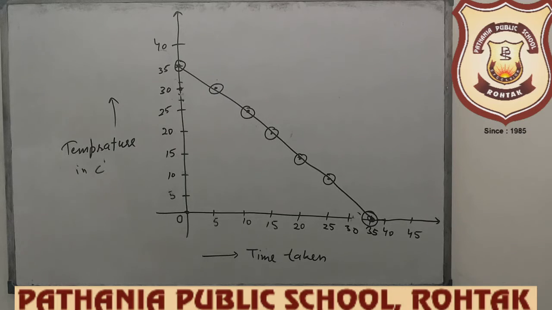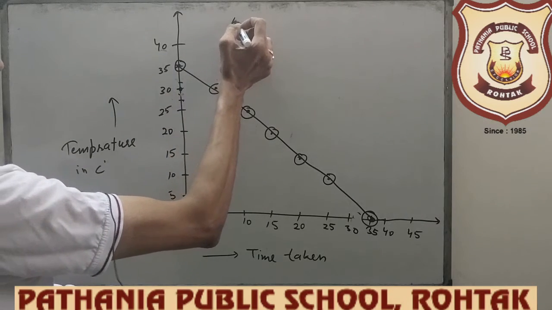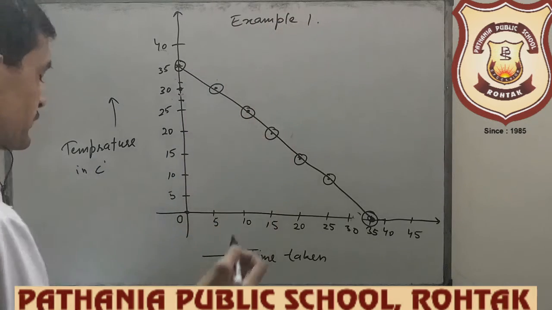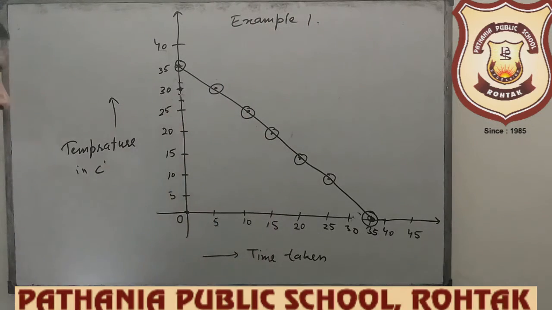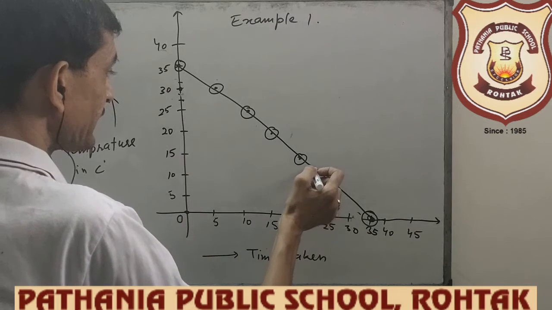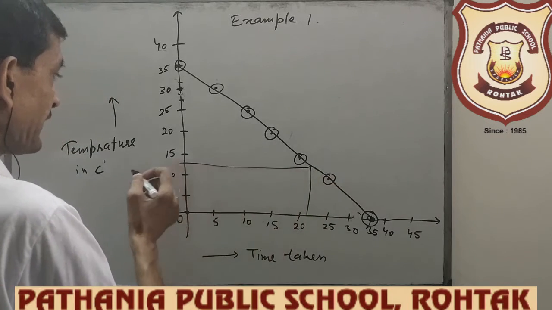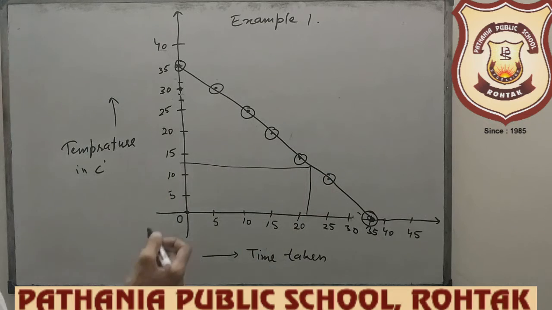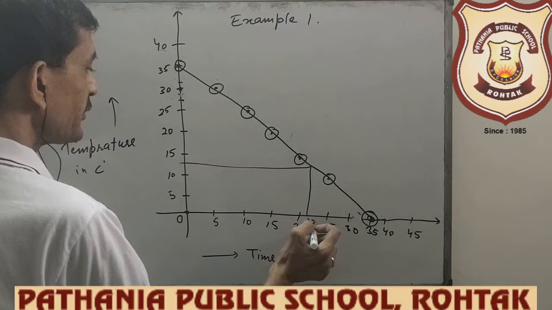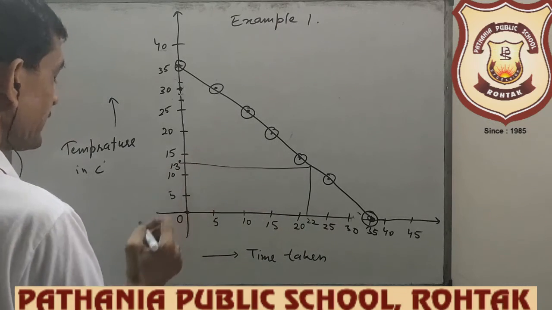And then some question is there. Answer the following. Is it a linear graph? It is example 1, ये example 1 है बेटा। Question is what? Is it a linear graph? Yes, it is a linear graph. Find the temperature of water after 22 minutes. After 22 minutes, what is the temperature? Like this, on this side. So, it will be given on the graph paper, clearly it is 13 degree. 22 पे बेटे 13 degree आएगा.